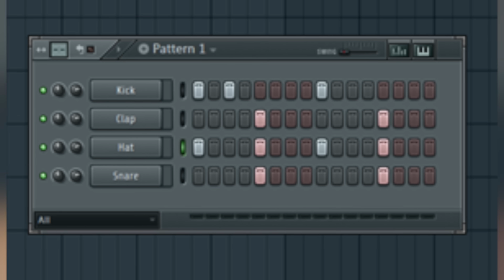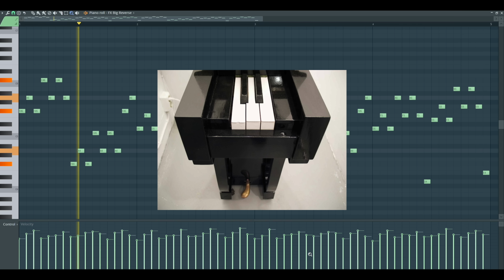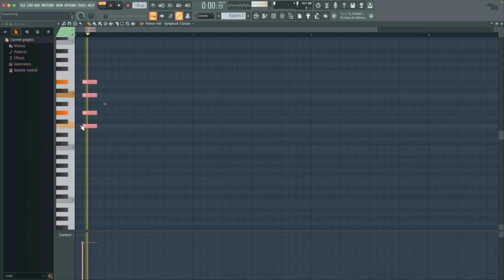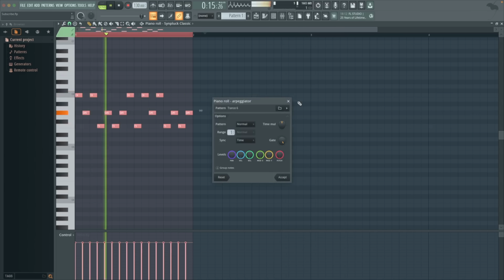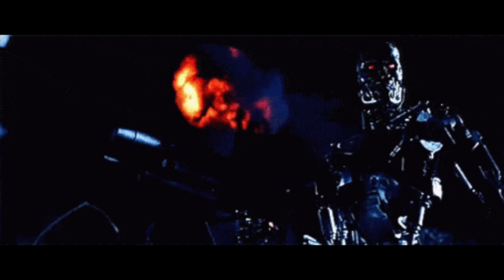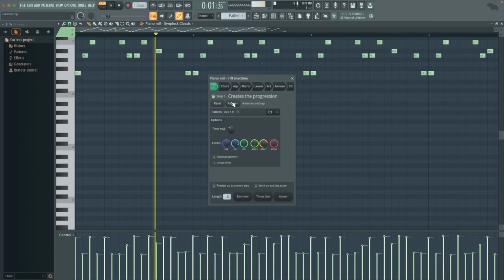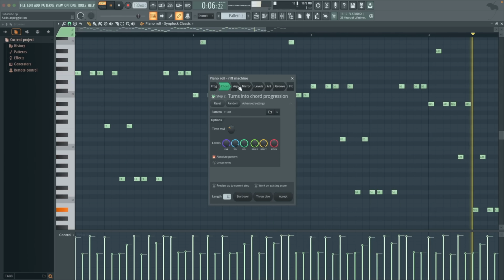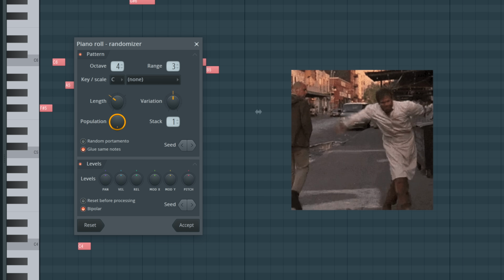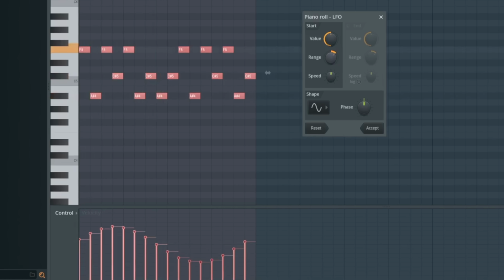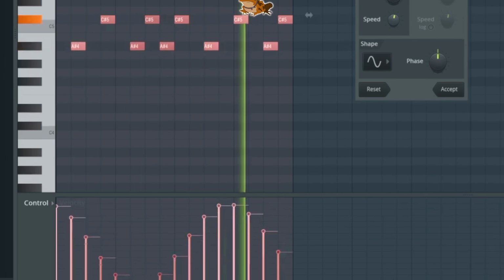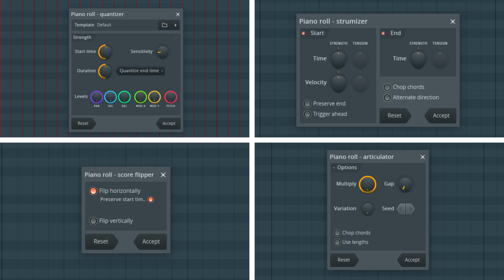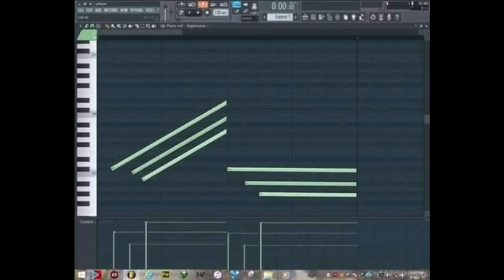If the step sequencer doesn't do the trick for you, the piano roll certainly will, and it really whips the llama's ass. Instant chords, arpeggios, semi-algorithmic riff creation, humanizing, a built-in LFO, the claw machine, and I'm sure you will let me know in the comments that I didn't include your favorite feature.